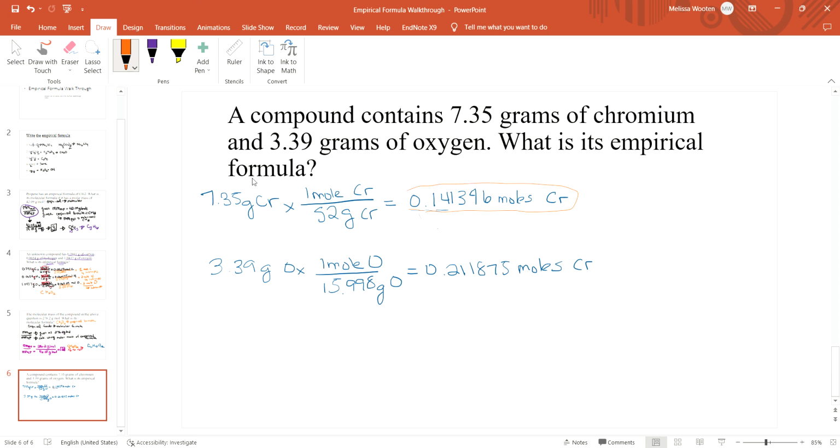So we're going to divide it by itself to make it 1, and we're going to divide the bottom by the same number. To get that ratio we're looking for. And our subscripts are going to be